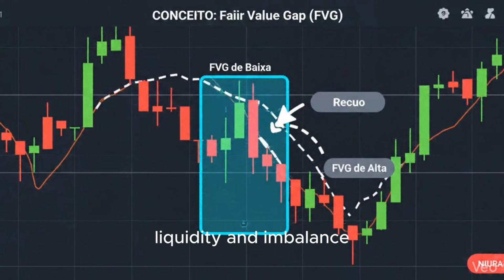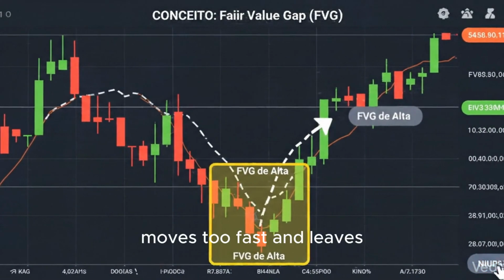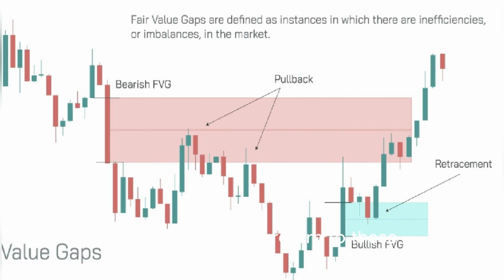Institutional traders also focus on liquidity and imbalance, not indicators. One powerful structure is the fair value gap. Markets frequently return to these zones to rebalance, offering precise, high-quality entries, especially when aligned with macro drivers like yield